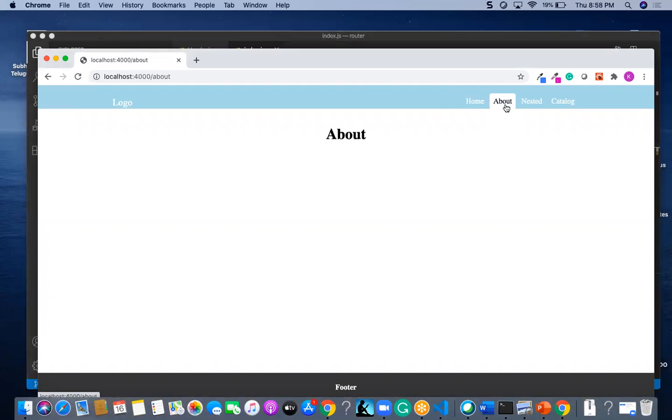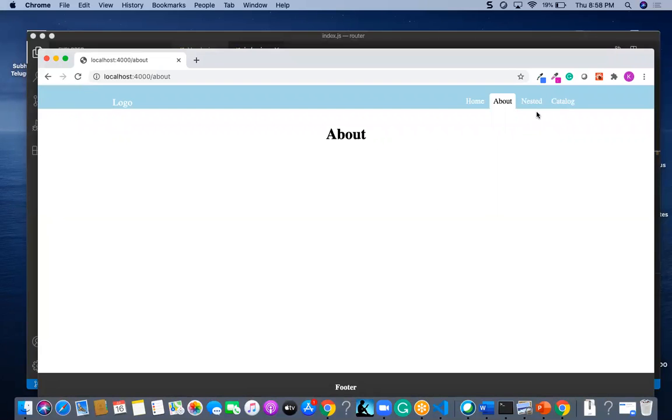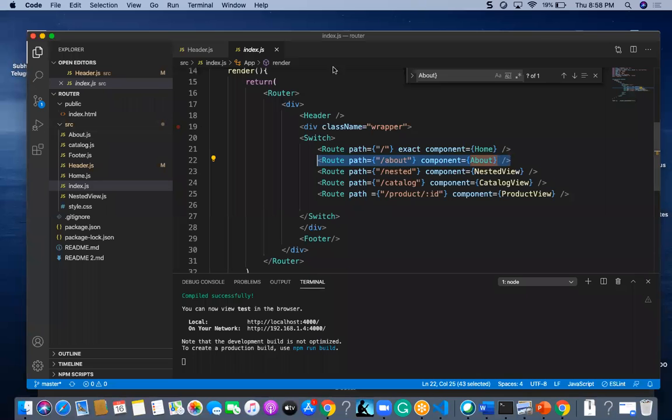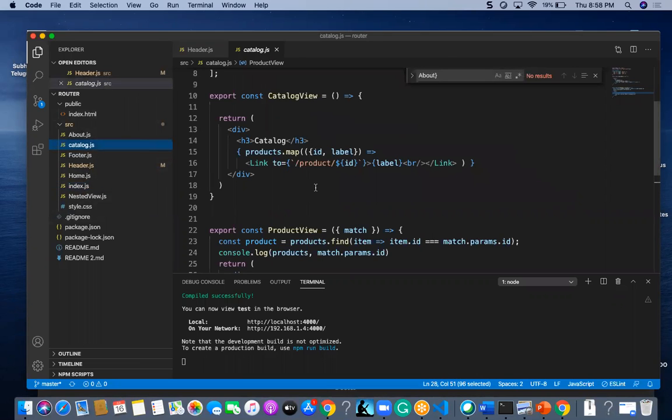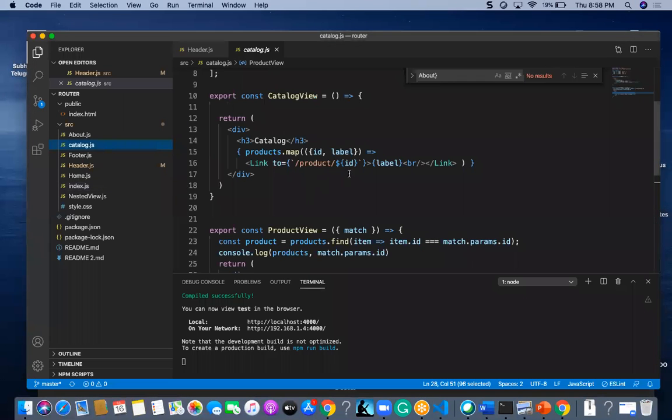If I go for about, which is slash about, slash about is the one which will take the about component, and slash catalog is the one, as I told you, which is a list of Nutella. Here it is, which will display this Nutella and also pen and latte.